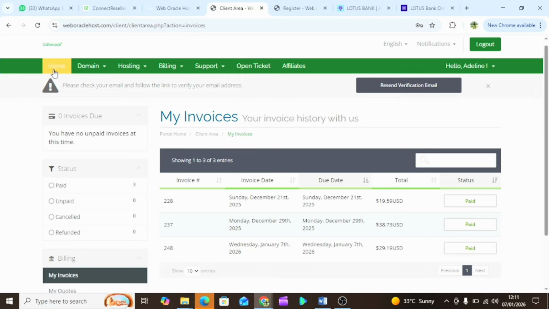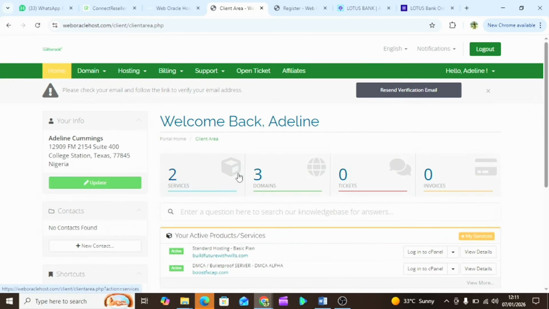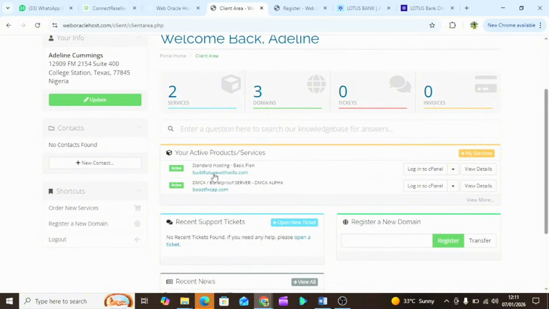So let's go back to our home. This is our home. So you can see what we just bought here. Build feature with wheels. As you can see it here, it's active. Before, if you notice, we had one, now we have two, right? And our